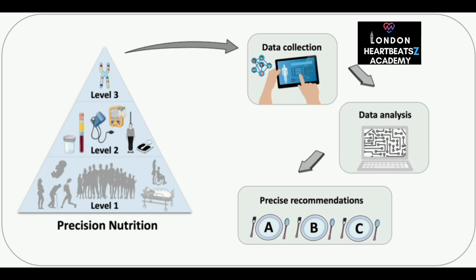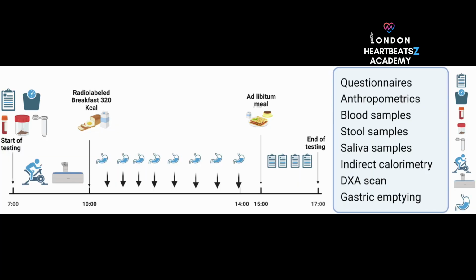We're also learning more about how the gut microbiome can influence weight and metabolism. Wait, our gut bacteria can affect how our bodies respond to weight loss interventions? Absolutely. Those trillions of bacteria living in our gut, they play a huge role in how we process food, how we store energy, even how we regulate our appetite. So could we manipulate the gut microbiome to help people lose weight? That's what scientists are trying to figure out. They're looking at prebiotics, probiotics, even fecal microbiota transplantation. FMT, that sounds intense. It is.